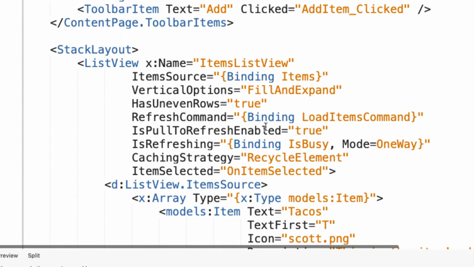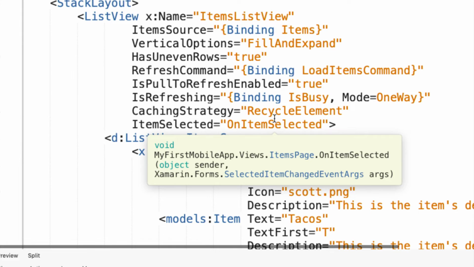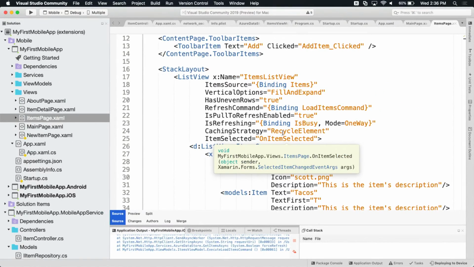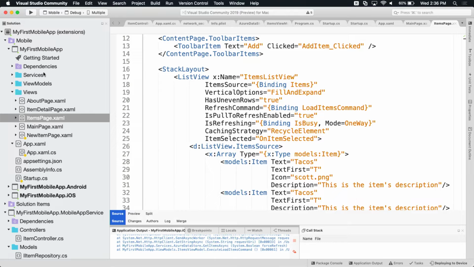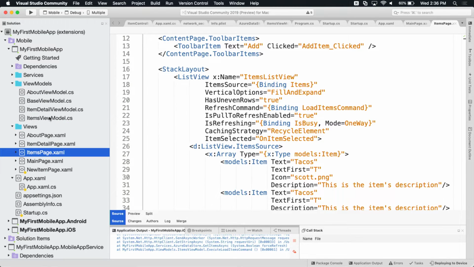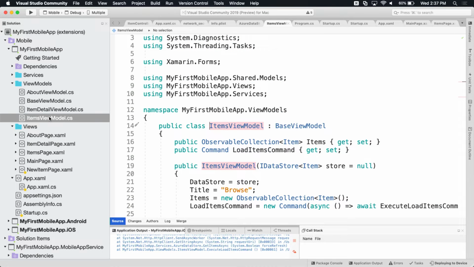So we have a stack layout. Here I have a few items that I can look at. I have pull to refresh enabled, and when I run this application, it will display the native controls. But I need to get some data. Every view here, that items page, is tied to some code behind. It's very similar to a controller. Instead of MVC, we use MVVM. Less C, more V's, more M's in there, and it works very well.